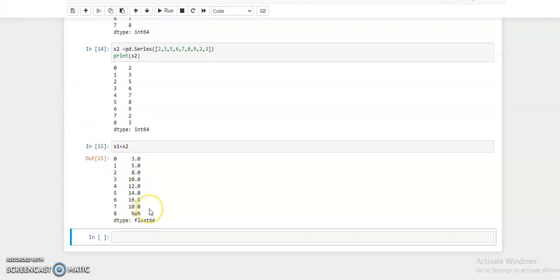NaN occurs when two series have unequal data, because series S1 has 8 data values and series S2 has 7. So the 8th position in the sum of S1 and S2 got NaN. Now similarly you can perform subtraction, multiplication and division of two series, similar to addition.